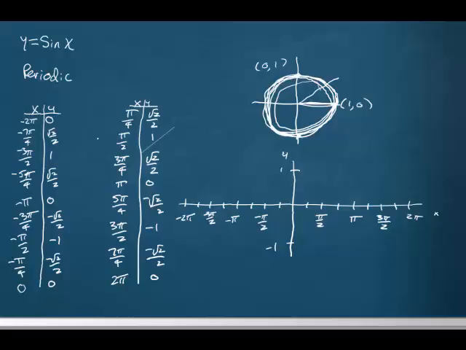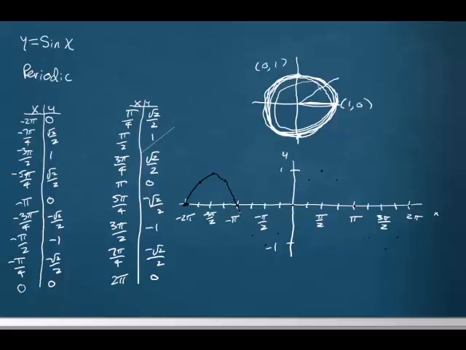At minus 2 pi, y is 0. At minus 7 pi over 4, y is the square root of 2 over 2. At minus 3 pi over 2, y is 1. And then we can keep graphing these dots. And what we're finding then, if we just graph 2 cycles of this thing,